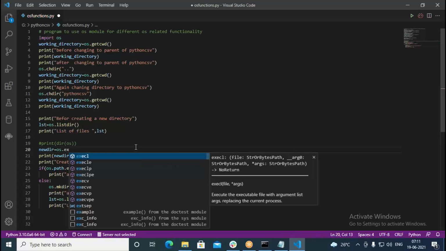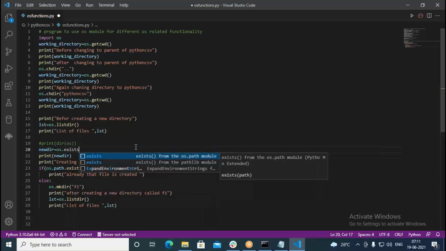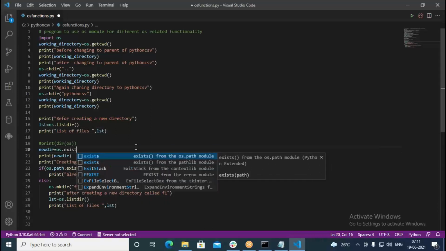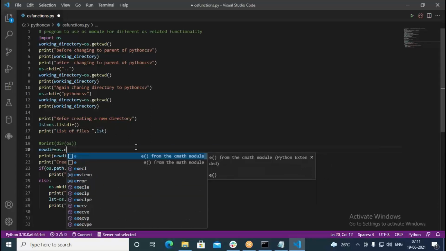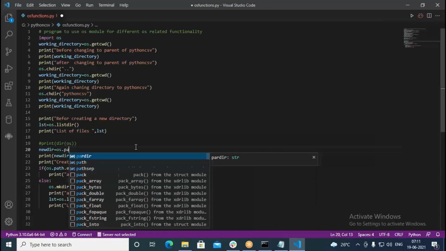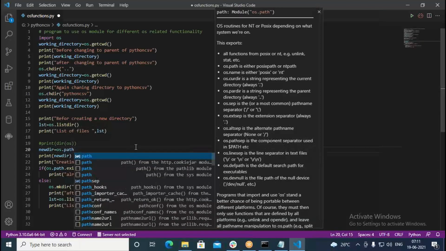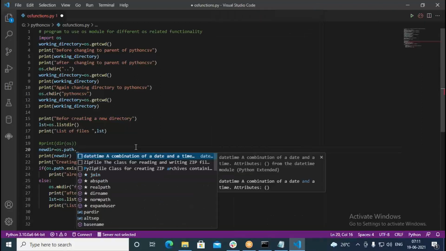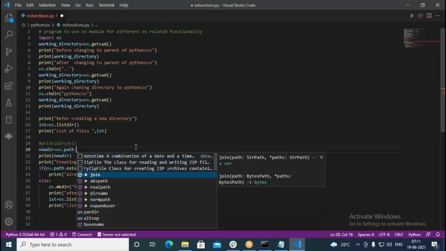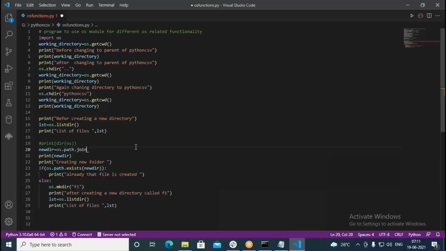Okay, if I go with the exists, this is from the path module. Okay, os dot path dot, so what I say again, join. We have to join here, basically, not path simply, we need to join.